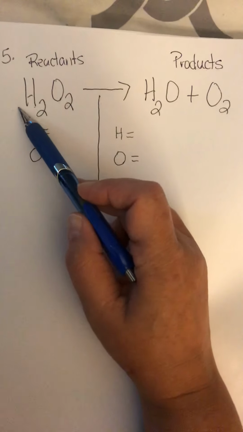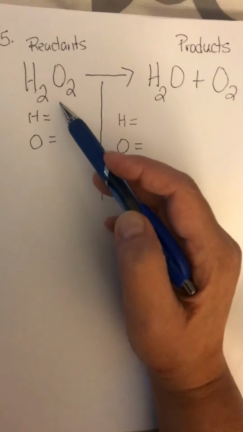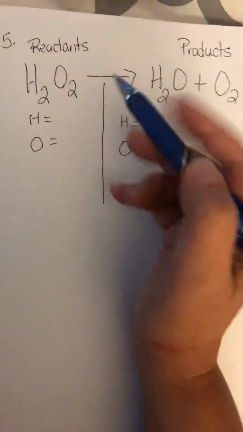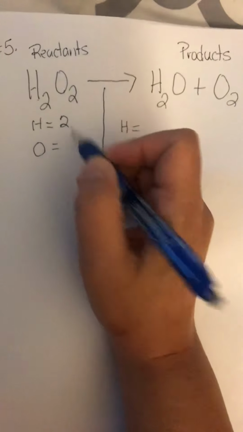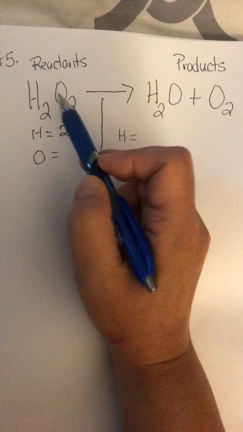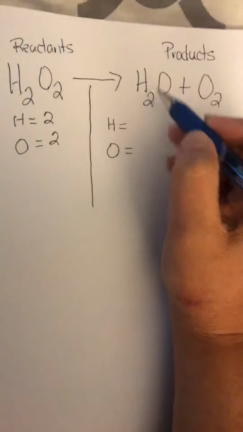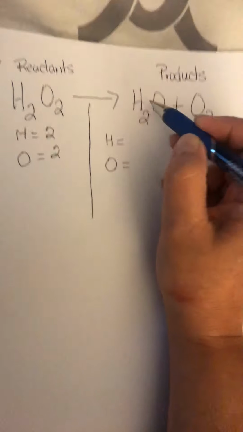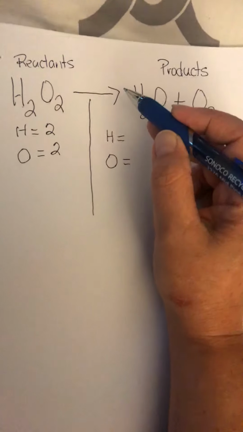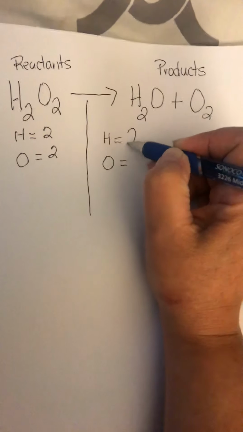Right now we've got an imaginary 1 for the coefficient in front of the hydrogen atom. So we don't have to worry about it; 1 times 2 is still going to give me 2 hydrogen atoms. And then I've got a subscript of 2 here. An imaginary 1 is going to be 2 hydrogen atoms. Over here, I've only got 1 that I have to worry about as far as the hydrogen, and it has a subscript of 2. So again, if I had an imaginary coefficient of 1 here, 1 times 2 would still give me only 2